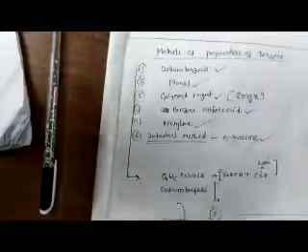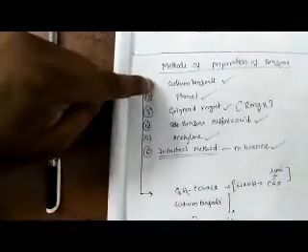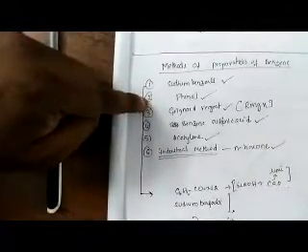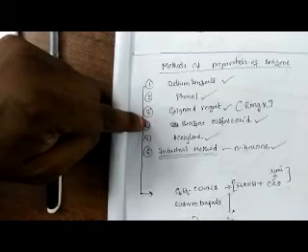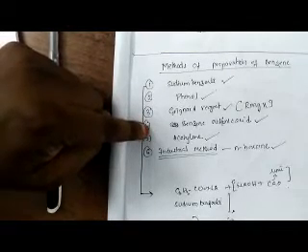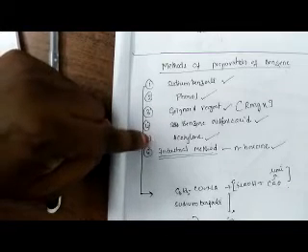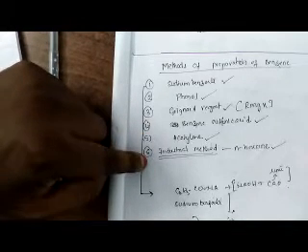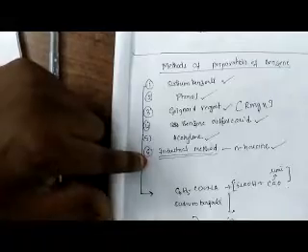So with this we can conclude methods of preparation of benzene. Once again we will revise it. Benzene can be prepared by 6 methods. The first method is from sodium benzoate. We can prepare benzene from phenol, from the Grignard reagent derivative of benzene, and from benzene sulfonic acid. We can prepare from acetylene. And the sixth method, the most important method for industry, is n-hexane.